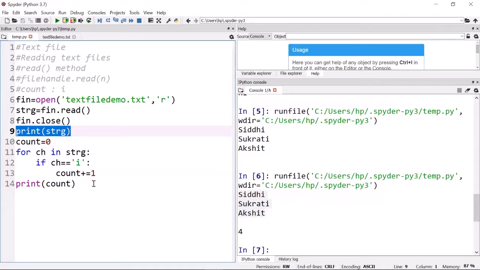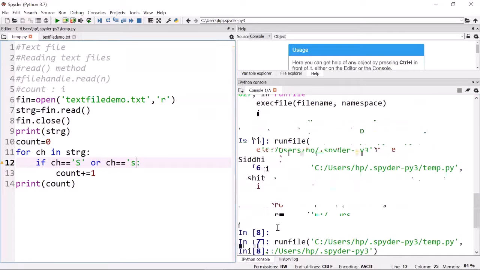All right, similarly, suppose you want to count how many times s is coming, maybe both capital and small, so either capital S or small s. Let us run this. Okay, the code is missing something.